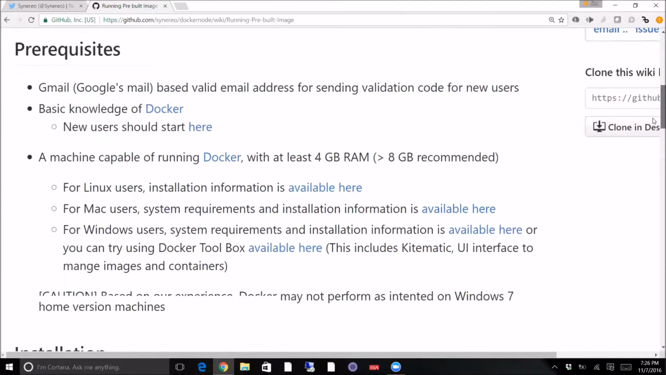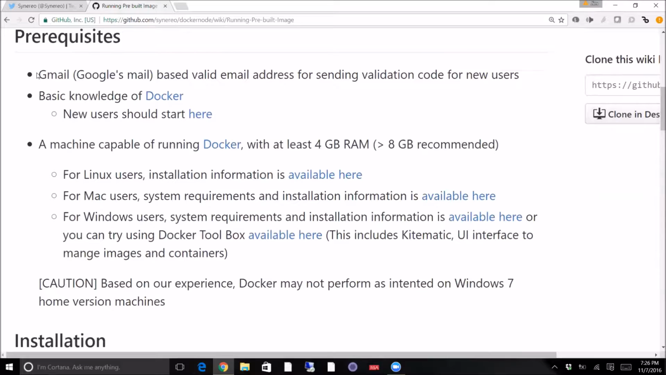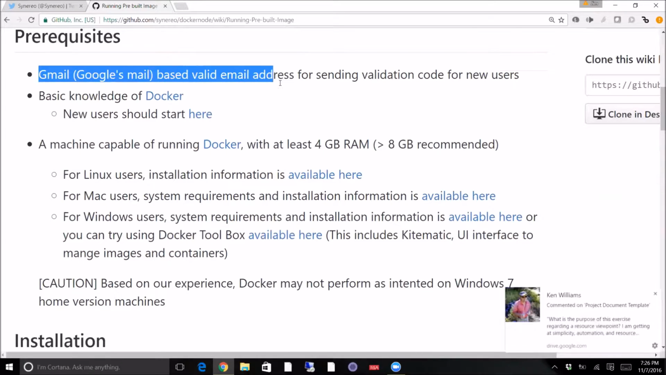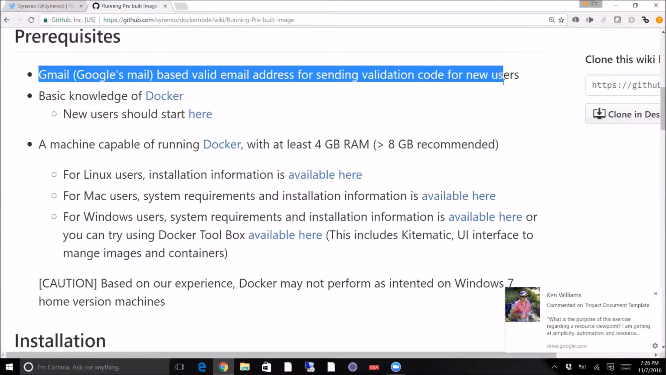So the first prerequisite is to have a Gmail account. And this is because when somebody signs up at a node, it sends an email that has a validation token, which they have to use to validate their account. And if the email doesn't work, then the users aren't going to be able to sign in. So we have to have a Google account, and what I suggest for that purpose